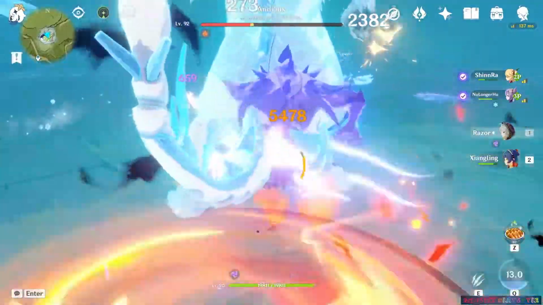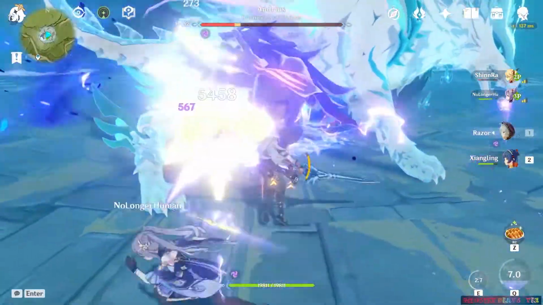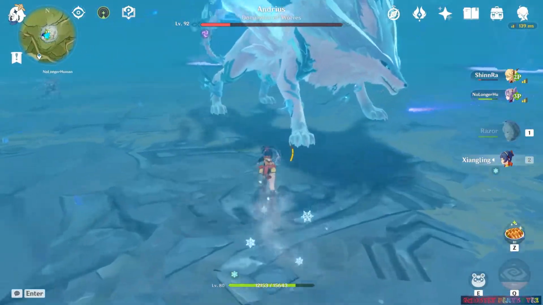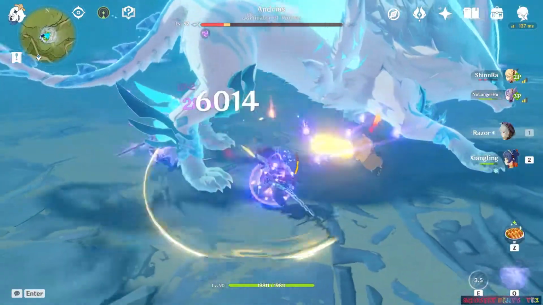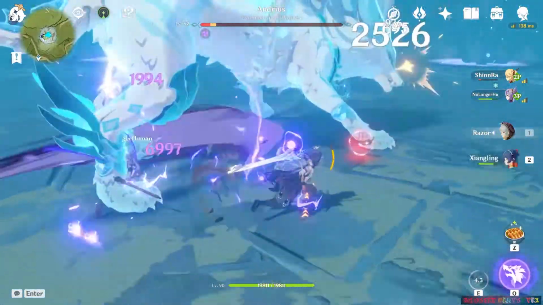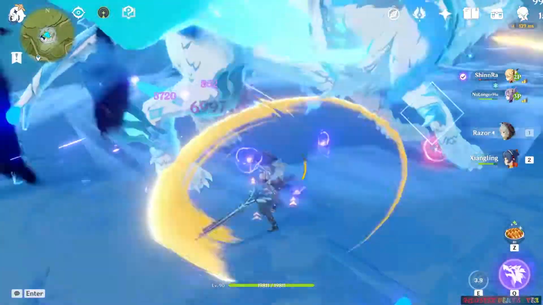Geo MC, Kaya, Lisa, Superconduct Geo Resonance. Strategy: this strategy pretty much makes Noelle more of a self-sustaining physical DMG dealer while still charging her ULT for 15 seconds of glory. Lisa's Ascension 4 Def Down can be used for both physical and Geo. Additionally, she can also hold a Prototype Amber for pseudo healing and team energy recharge, or a Todd's for ATK%. Geo MC does the same thing, and Kaya can hold a Favonius Sword / Exile 4-piece while being a